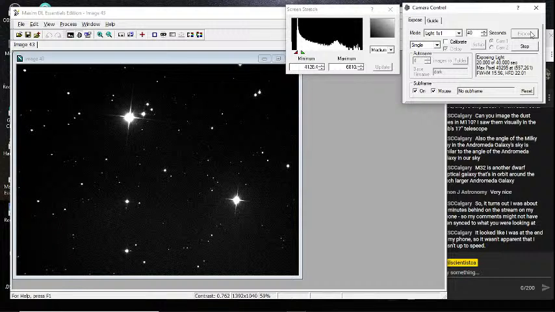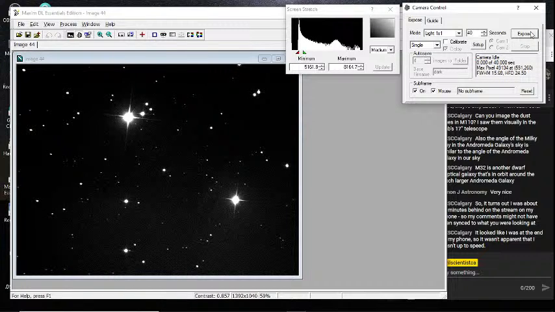What's happening is we're seeing reflected light from that nebula, and because the size of the particles in the nebula preferentially scatter the blue light, we see the blue light coming back towards us, whereas the redder light, the greens, yellows, and reds, go sailing through the nebula out the other side. Kind of the same reason why the sky is blue, by the way.